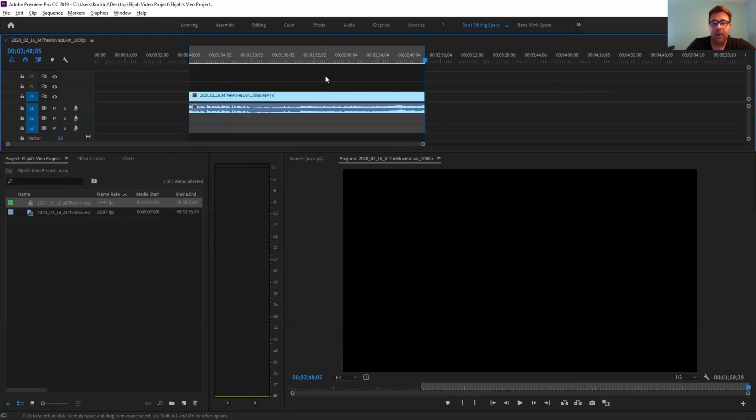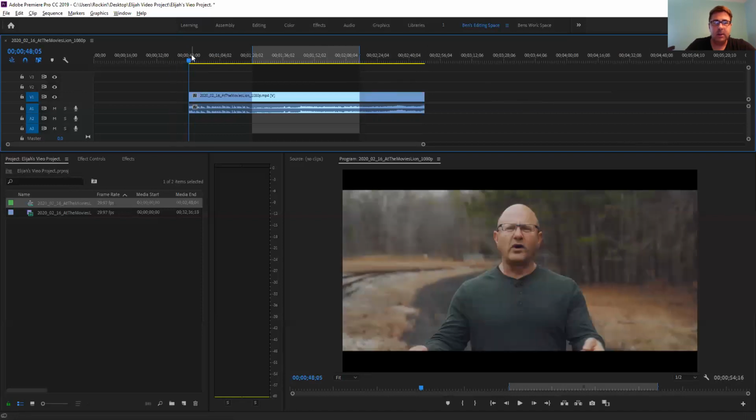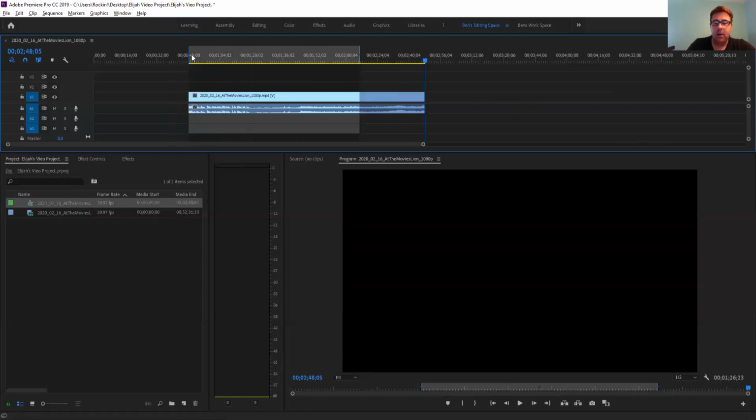Again, recap: I can actually put the mouse here and hit O for out, and then I'll just render a bunch of black space after the video, and I can do the same thing to do a bunch of black space before the video, and I'll render all this black space, then the video, and then keep rendering black space. I can grab this too, make this shorter or longer, and again, that's shortcut keys, I for in, and then O for out, and then to spit it out, to export it, you're going to hit Control M, and that will bring up